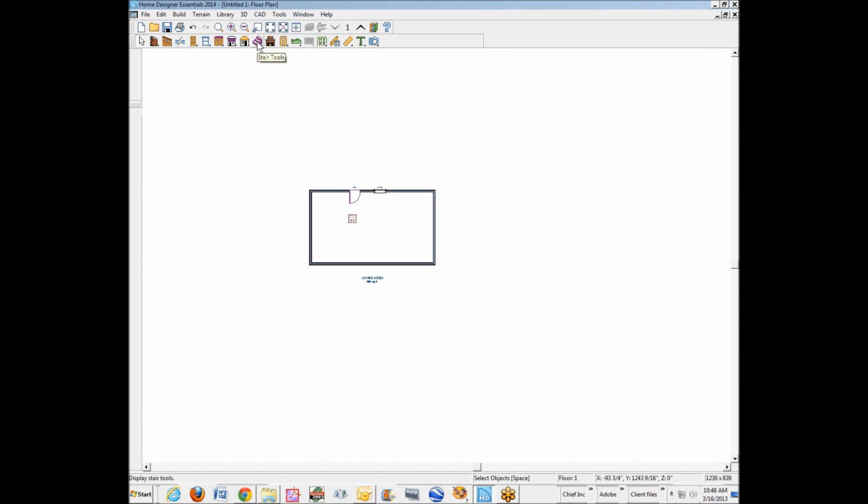There's a stair tool and it says display stair tools. If I left click on it, and there's the stair tools. And there's the tooltip, stair tools. So the program's set up to teach you what it's all about. See, there's a tooltip for that tool, straight deck railing,